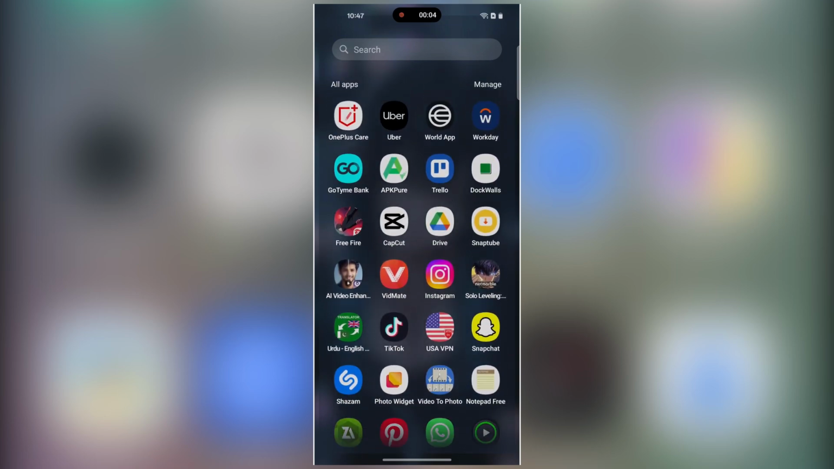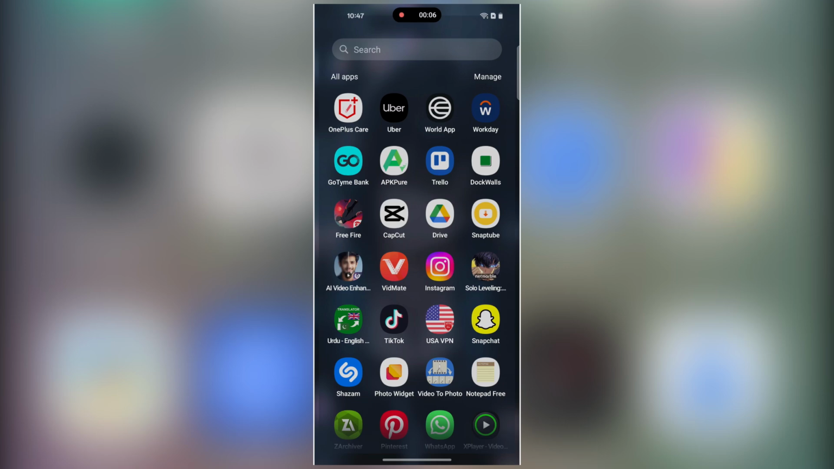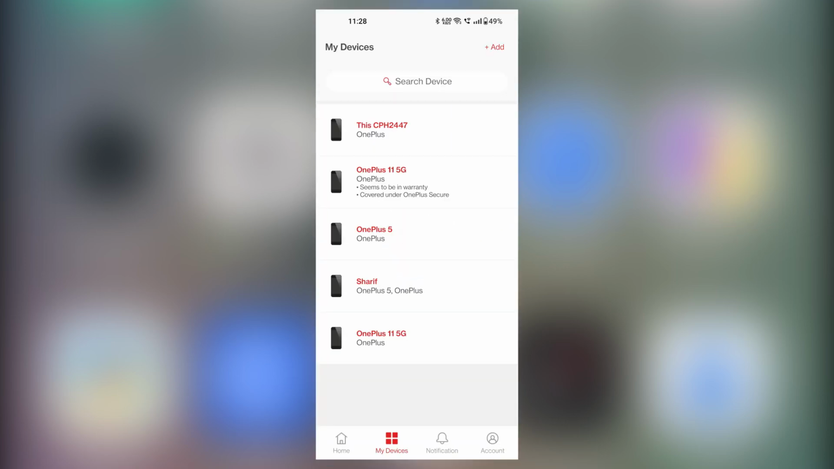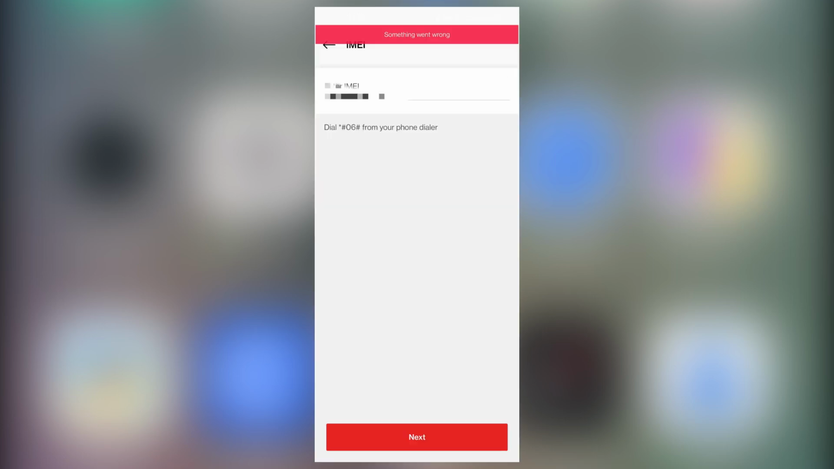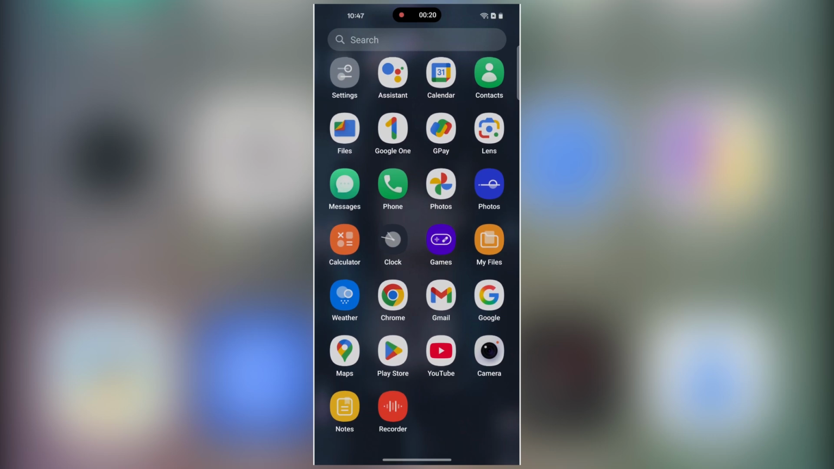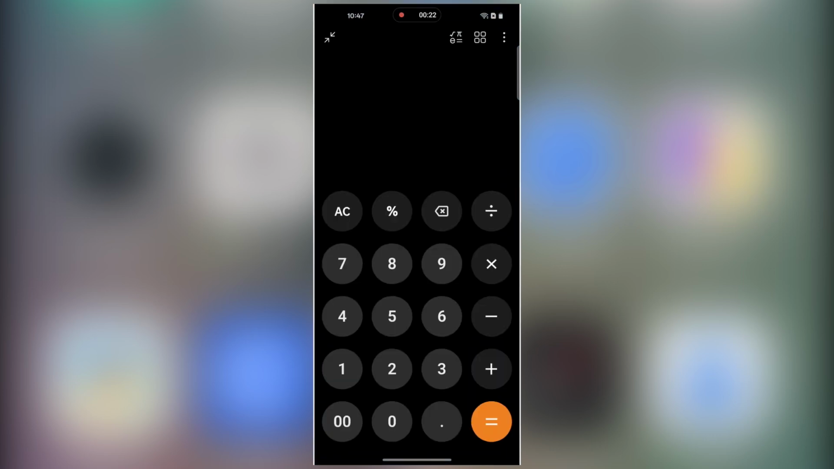Then open the Play Store and install the OnePlus Care app, or open it if it's already installed. This app lets you check your device warranty, service options, and diagnostic details. After installing, open the app and log in using your email ID and phone number to access all available tools and information. You can also open the calculator and enter the special code star number sign